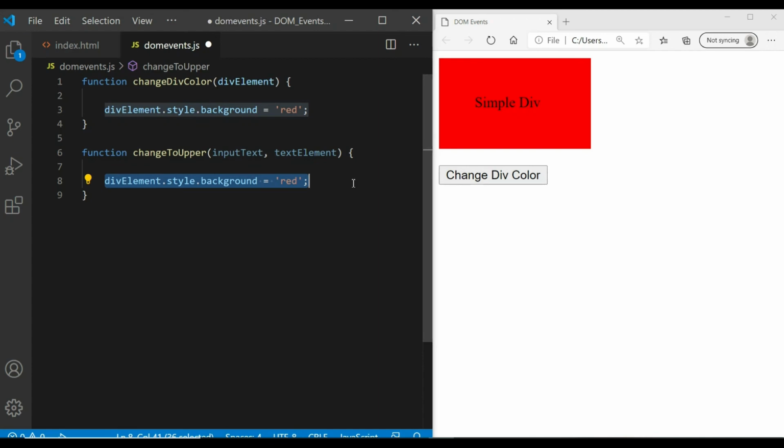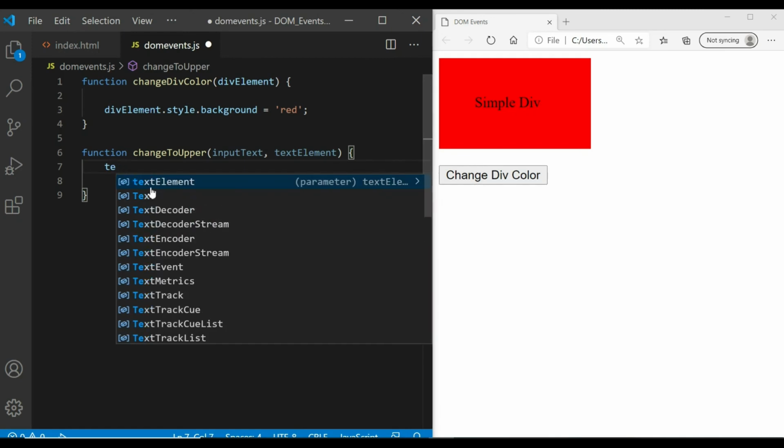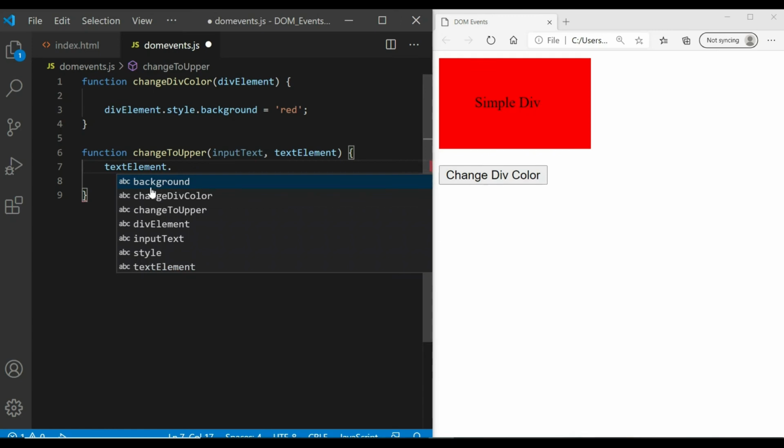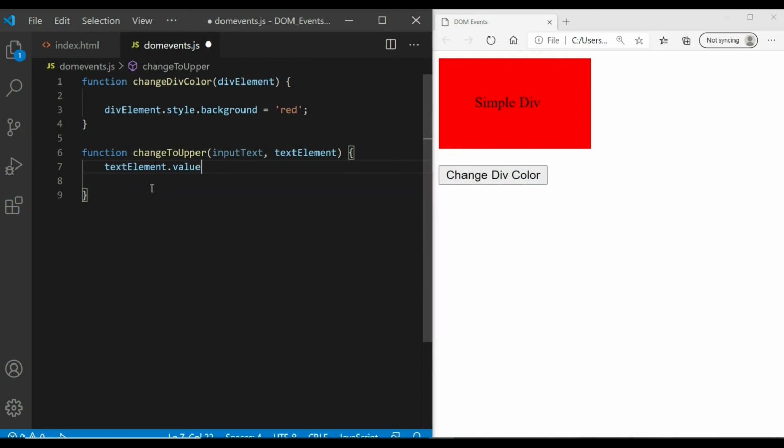And what I want to do, after getting this text, is change it to uppercase, right? And then I want to assign it again to our text box. So textElement is actually the text box reference, and then I want to assign the value as whatever text I have written, toUpperCase. This is the method which changes any string to uppercase in JavaScript.